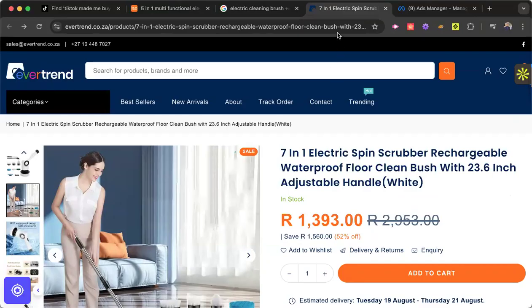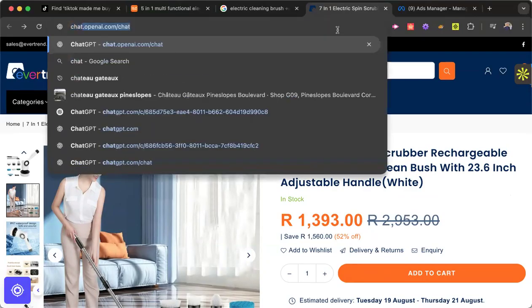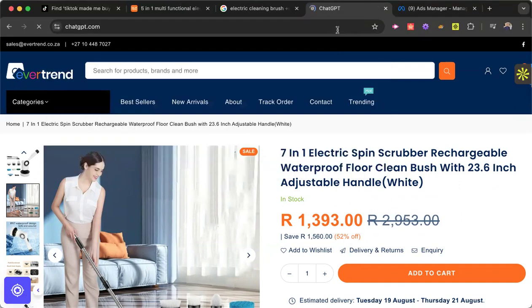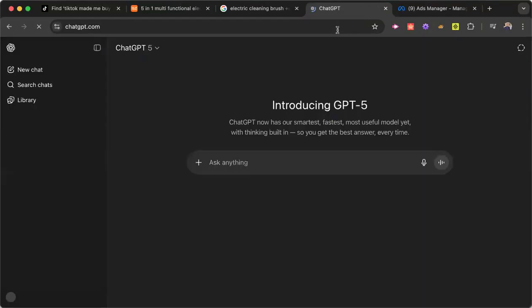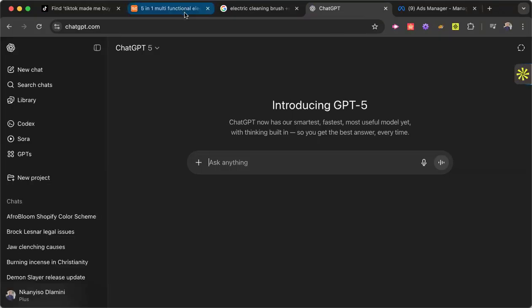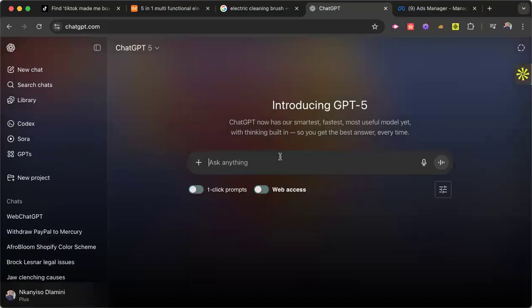We're going to go to ChatGPT. And luckily for us, today we've got ChatGPT 5, which is amazing, which means there's going to be a lot more functionality, meaning that we will benefit. And what I want you guys to type is